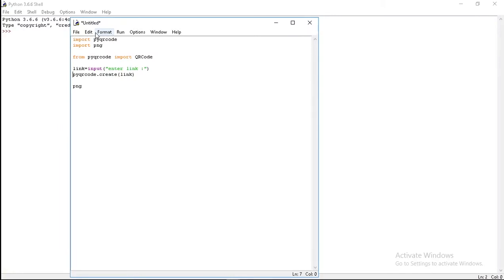We'll take url as a variable, and then by calling png with the object of url, we'll create a PNG, giving the name of the file here as